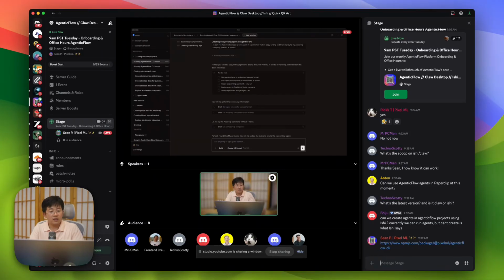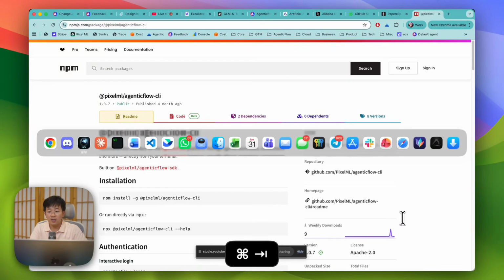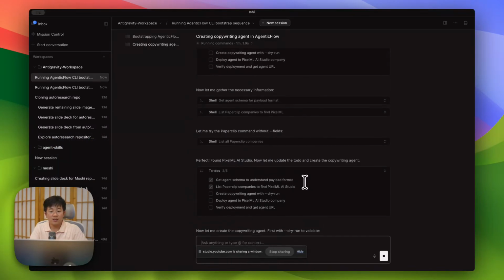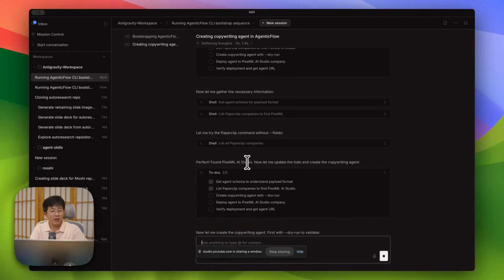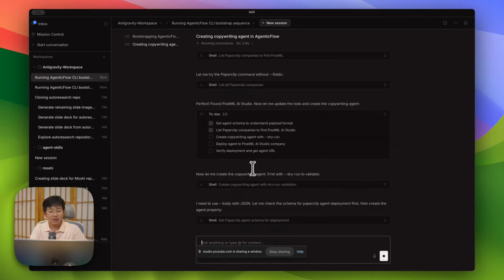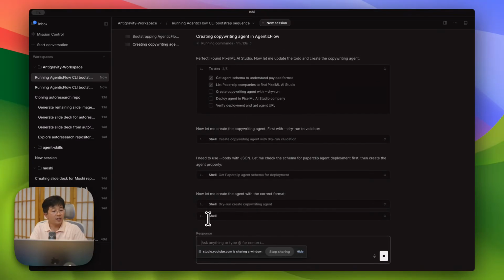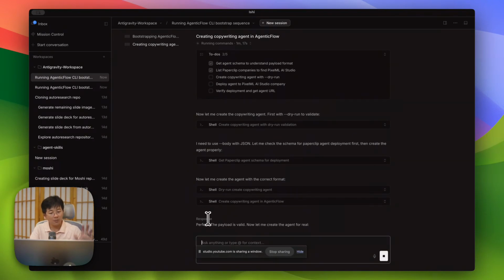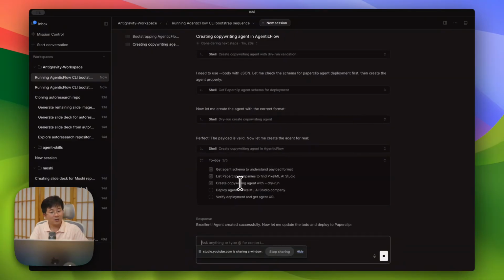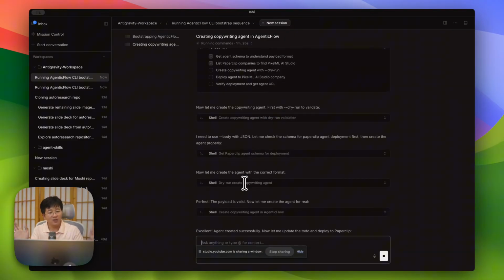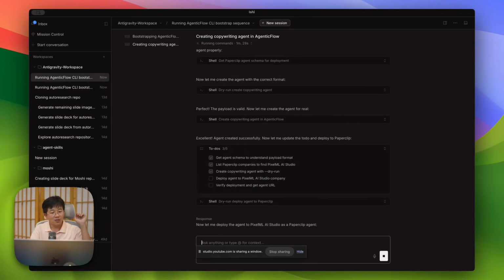You should give this to Ishi or any coding agent, and ask it to help you. So as you can see in here, what Ishi is doing is, okay, it found the Pixel AI Studio, and then it's going to create an agent in AgenticFlow. Okay, after creating an agent in AgenticFlow, it's going to deploy this agent to my Paperclip. It finished creating the copywriter agent for me already, and then it's going to deploy my agent to my Pixel AI